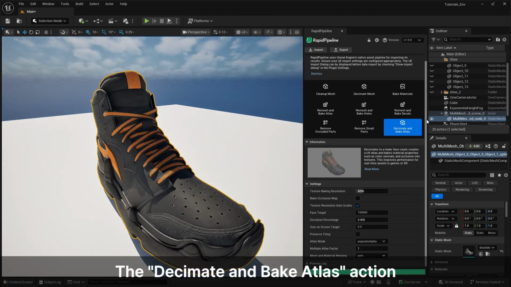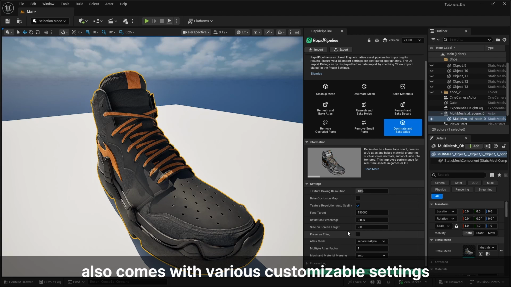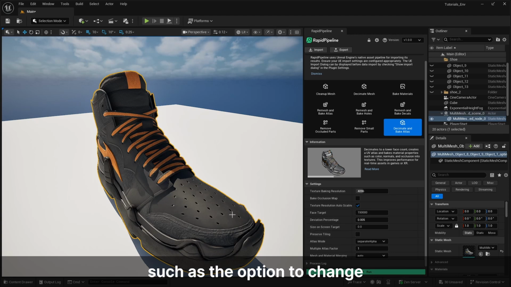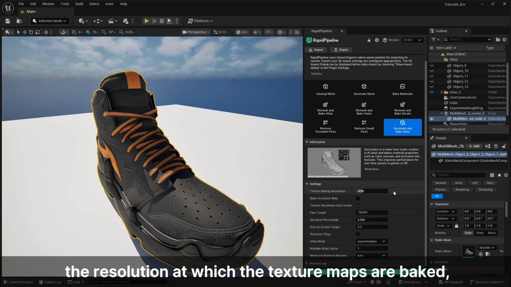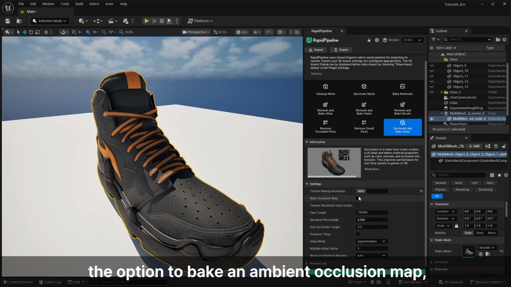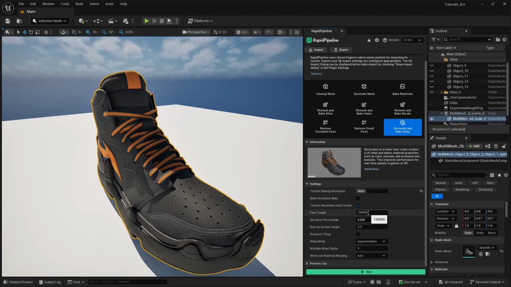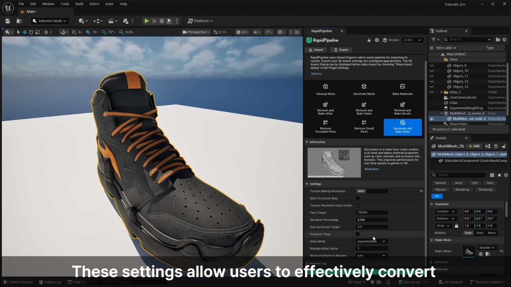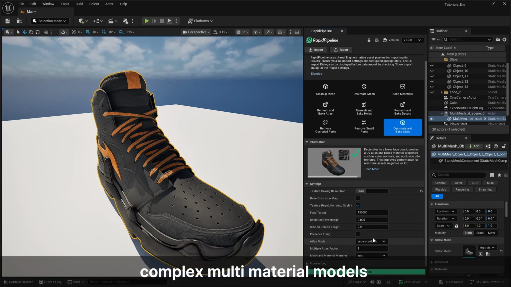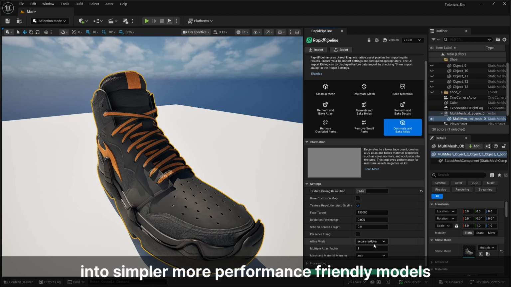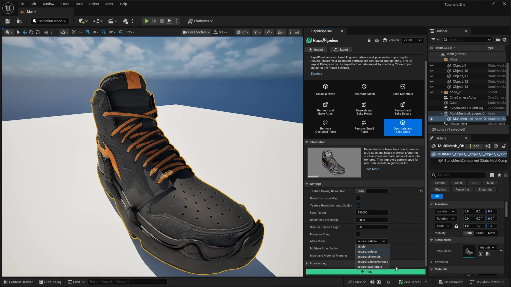The Decimate and Bake Atlas action also comes with various customizable settings, such as the option to change the resolution at which the texture maps are baked, the option to bake an ambient occlusion map, a customizable face target cap, and much more. These settings allow users to effectively convert complex multi-material models into simpler, more performance-friendly models, all with the click of